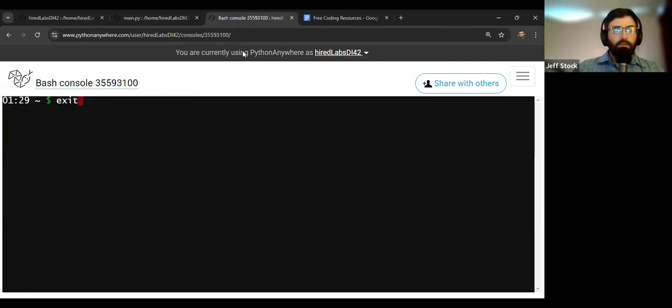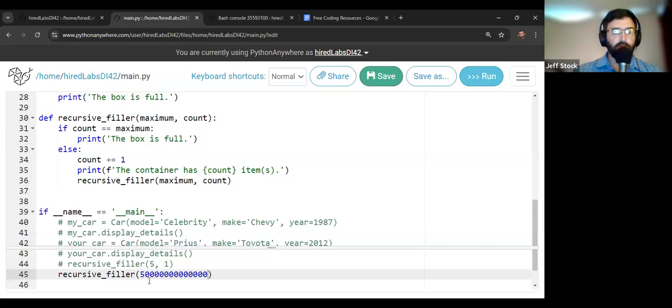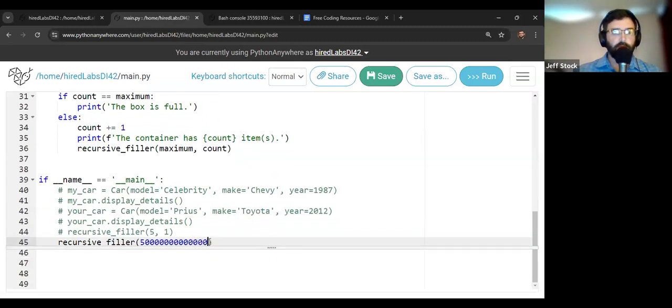Python 3 main.py, using tab complete to finish. Whoa. What? Did I miss an argument? Oh, count. Right. I got to start where it counts.